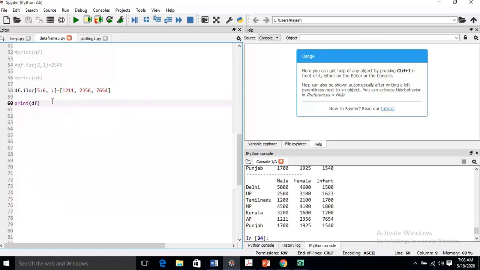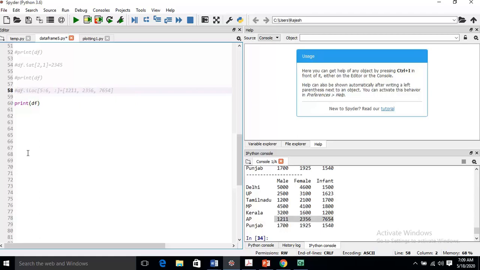df, F5. You just see the data of history. Here I have used 5 and then 6. I have to go to 6, means the end index is excluded, so it will change only row 5. Okay, now my dear students, you are well familiar with LOC, you are well familiar with how to change individual data, or you can change a complete row using ILOC.